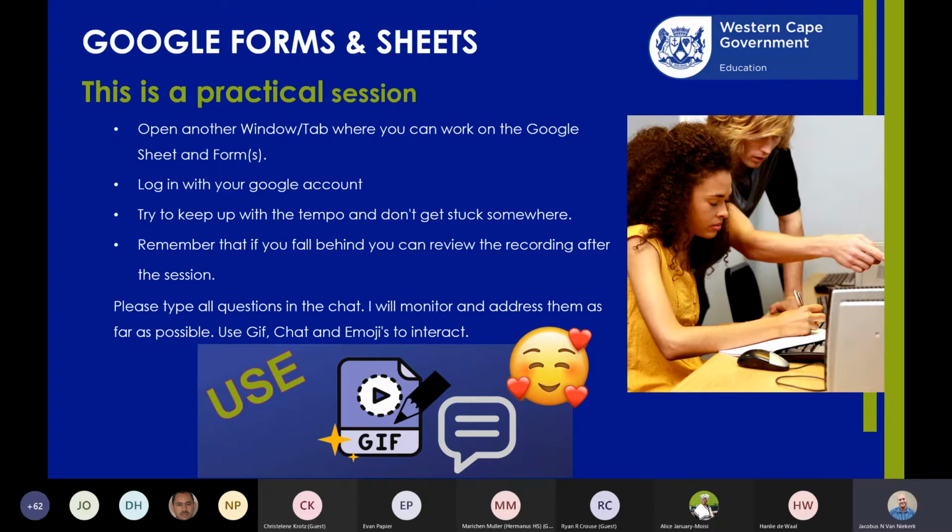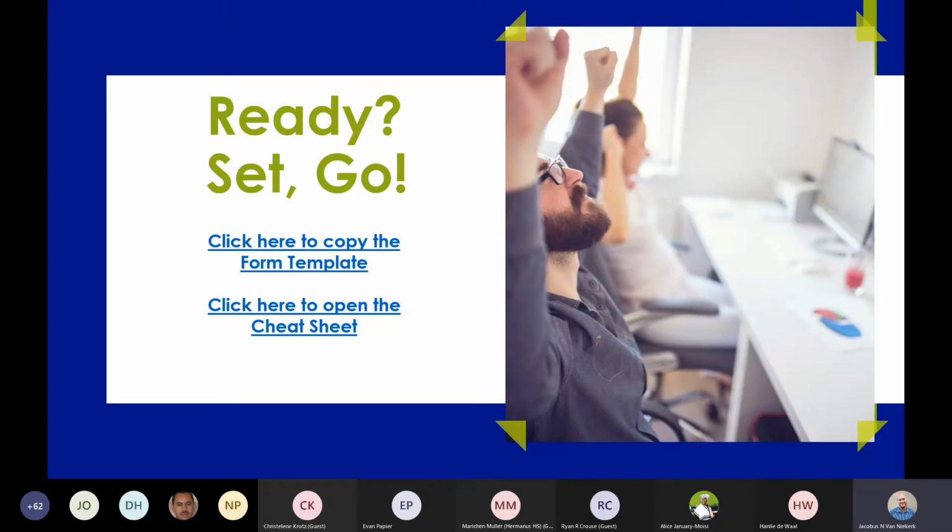So the next slide, if you click on the copy of the form template, you'll see it is exactly the same form template. And the cheat sheet, it's exactly the same cheat sheet that we used in the previous sessions. So please click on those, open them up so that we can get going with the Google form and get going with the various formulas.